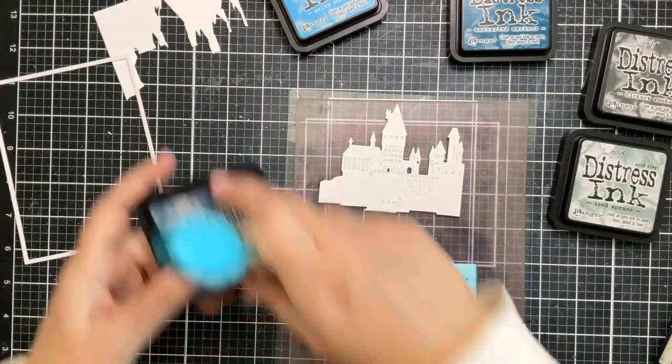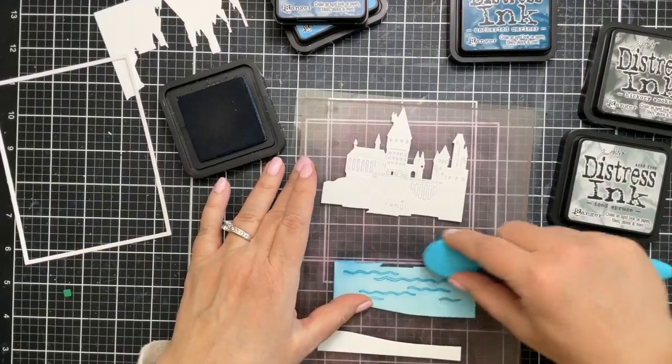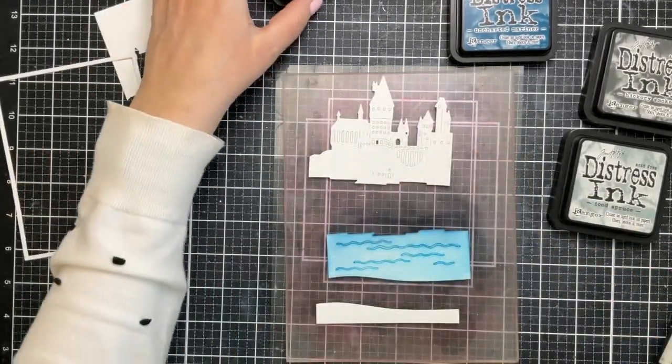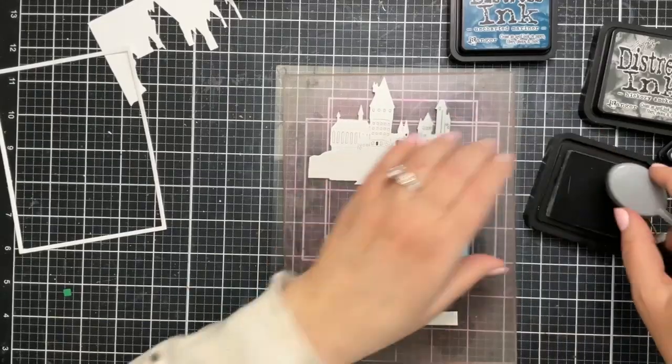I left those ripples in my die cut here. You can remove them if you want to. You can also remove them completely from the die, but I left mine intact. So I went ahead and used some distress inks to color that up, and now I'm going to start shading